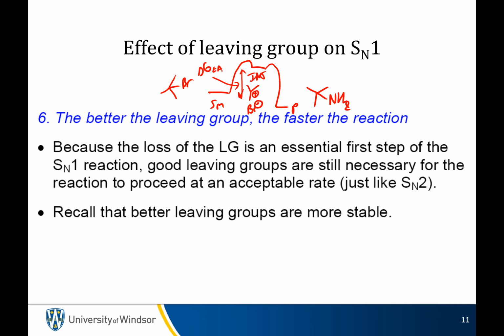So Janek asked, what stabilizes leaving group more? Does electronegativity, resonance, or size matter more? All the same things that make for a weak base. So when we were talking about the acid base and what stabilizes the negative charge, all the same things. Leaving groups are, it's all the same analysis. And I don't mean it's analogous to the same analysis. It is the same exact analysis. It's all exactly the same things.